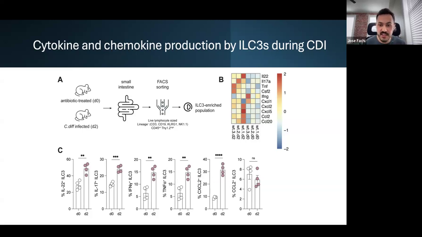So we performed bulk RNA-seq on uninfected and infected ILC3s, and you check the main cytokines that are involved with neutrophil responses. Of course, all of the cytokines are regulated, because if you have uninfected mice and you compare with infected mice, a lot of things will be up because inflammation will prime the cell activation. So it was not really telling much. We confirmed this information by checking flow, but as you can expect, all cytokines mainly were up because the cells were activated. So again, we need to pick one and try to investigate what could be being released by ILC3s